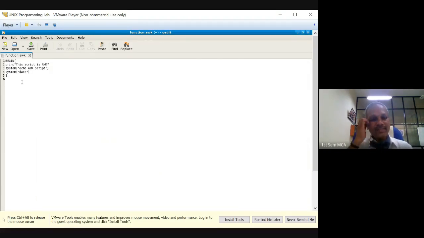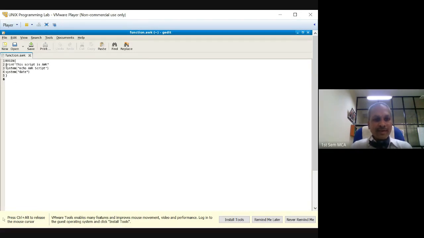What is important here is how to use them in a given syntactical form is what we have to remember. Otherwise, there is no mandate that every awk script should have a begin or every awk script should have an end, not required. So choice is there. But if you use, begin should be on the top, end should be at the end. So that concept we have to follow with the same syntax. Otherwise, I need not write always begin and end. Okay. So now I have written a begin.